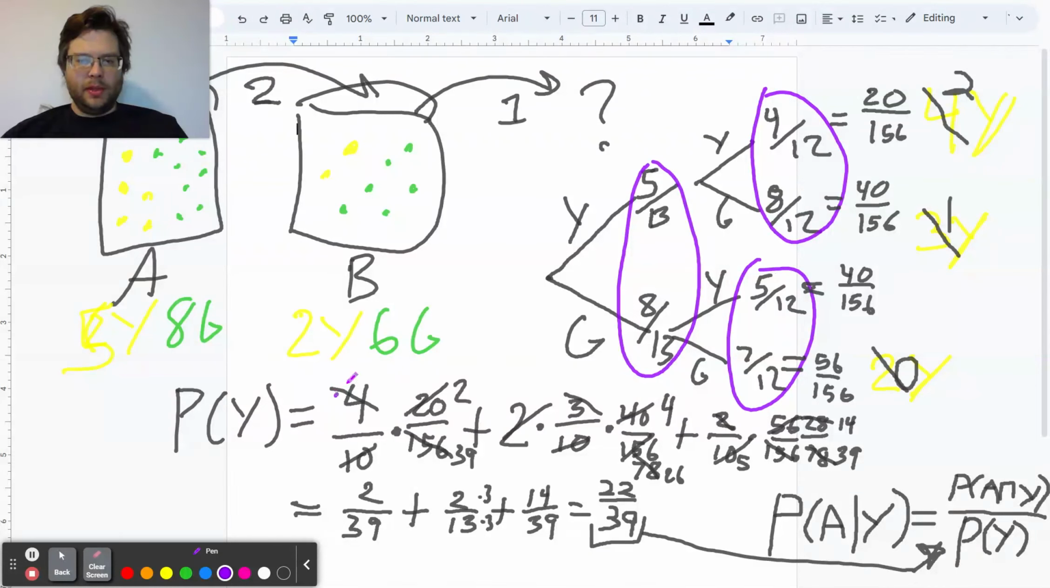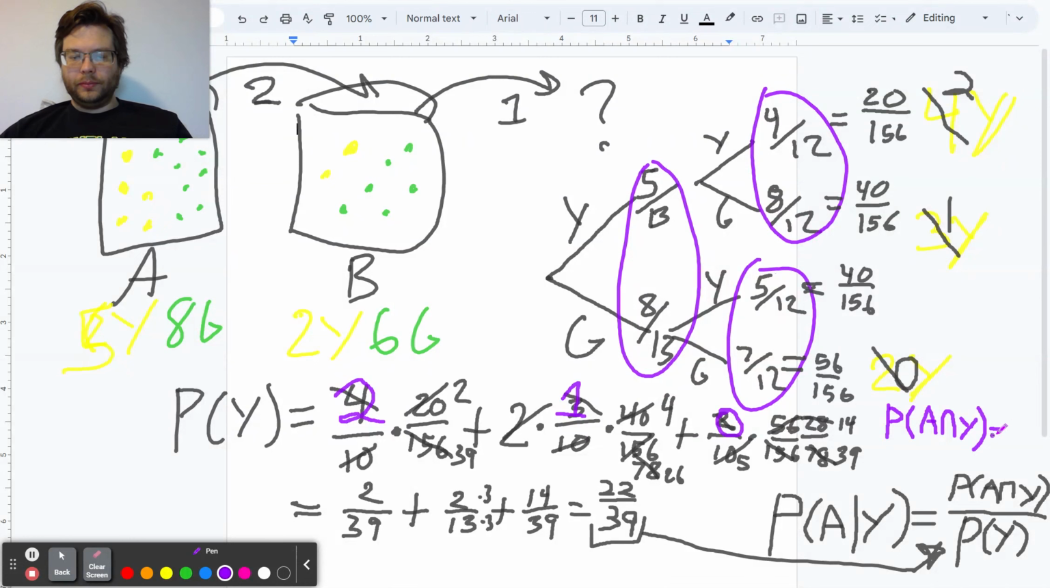So we should be able to do 2 out of 10 times 20 over 150 plus 2 times 1 out of 10. And then down here we'd have 0 out of 10. So that would lead me to think, and you can correct me if I'm wrong here, because lots of chances to make mistakes in these sort of probability problems, that would lead me to think that the probability of A and yellow is,